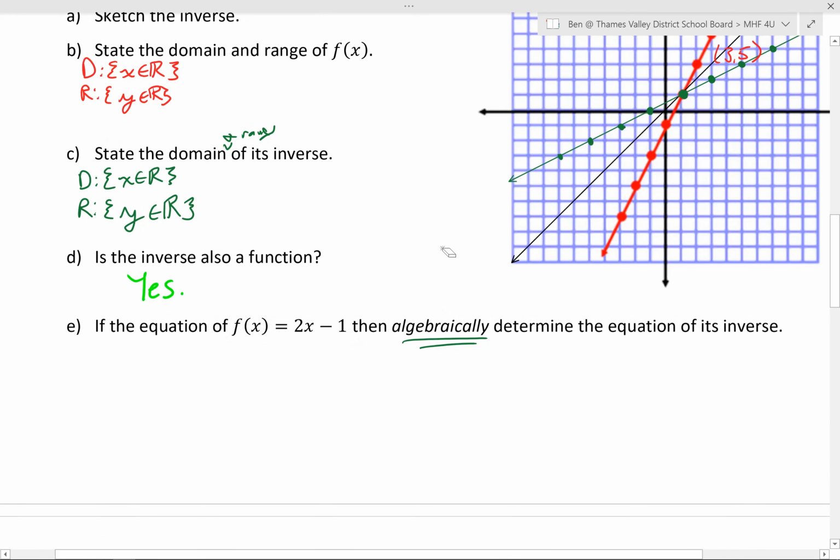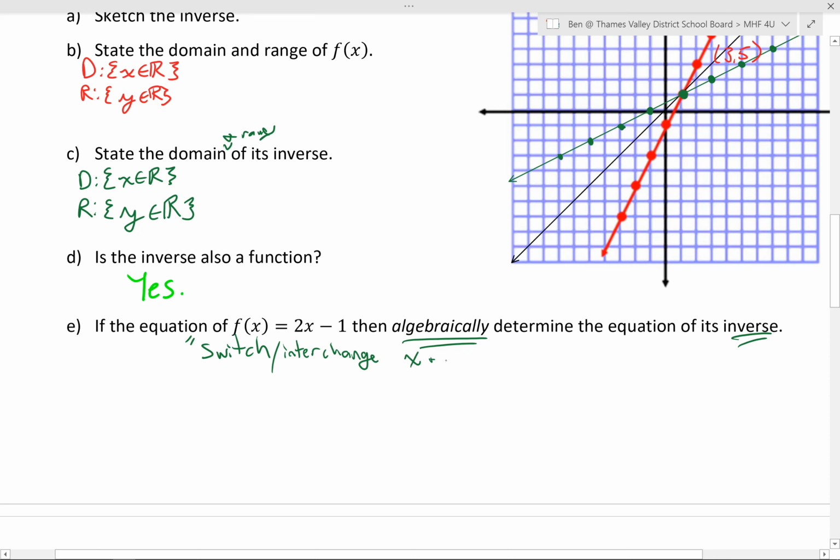Okay, so we're going to take advantage of that, and we'll try and algebraically come up with the equation of the inverse. Now, if we remember from the start, an inverse function interchanges the x coordinates with the y coordinates. So what we want to do every single time, folks, if you are looking to get full marks algebraically determining the inverse of a function, is communicate what you are doing. So you must say, I'm going to put quotes around it, you don't need to put quotes around it, but I'm emphasizing that you must write this in. This is not just extra communication. This is necessary communication. So we're going to switch, or you could write interchange